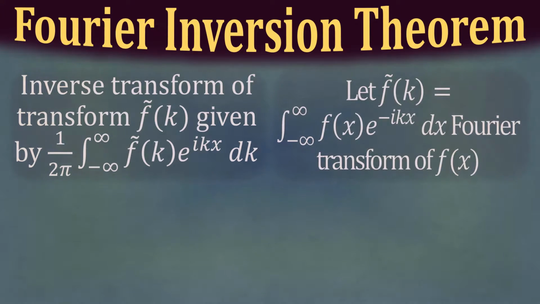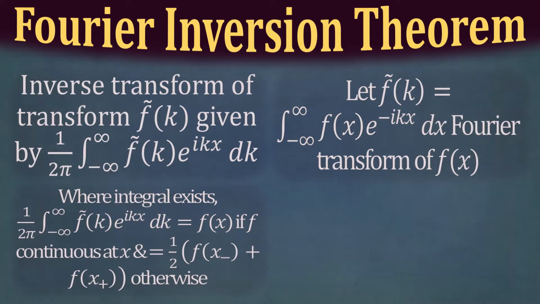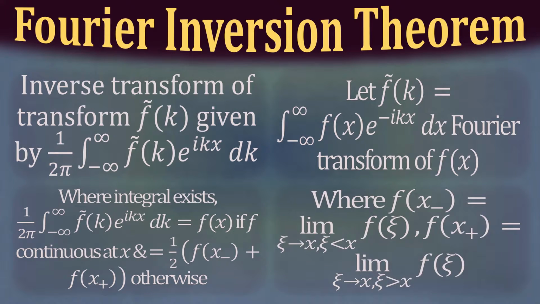Let f tilde of k equal the integral from minus infinity to infinity of f of x e to the i k x dx be the Fourier transform of f of x. Where the inversion integral exists, we have that 1 over 2 pi times the integral from minus infinity to infinity of f tilde of k e to the i k x dk equals f of x if f is continuous at x, and equals a half times f of x minus plus f of x plus otherwise,